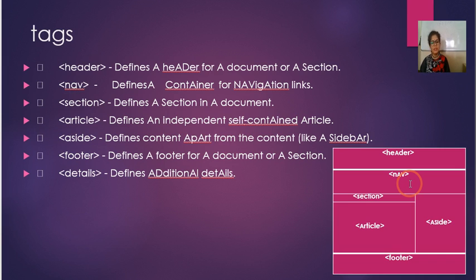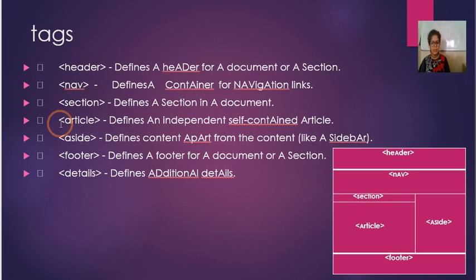Next is section tag. Now what is section tag? Section tag defines a section in a document. So look at this image. For example, section is how we can divide the entire web page into different sections, and for example we have to write different things, so for division of these areas we can make use of section. So it defines a section in a document. For example, this is a particular section, so we can make use of section tag to define this particular section.